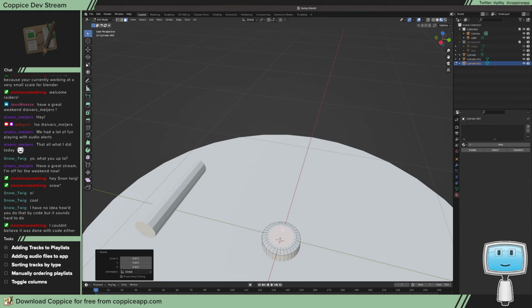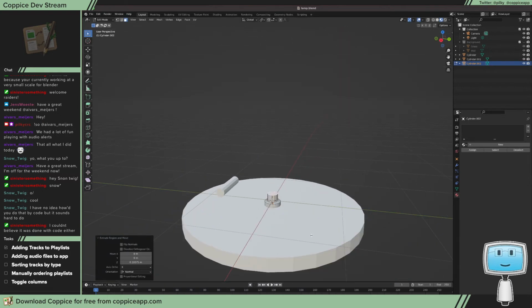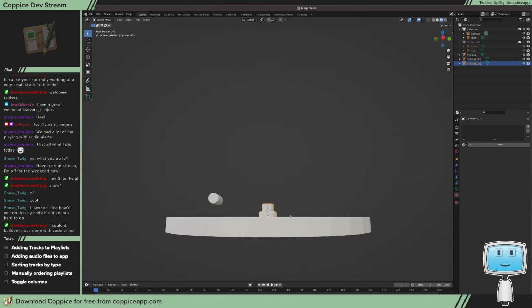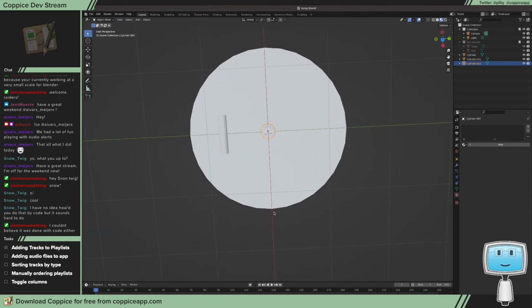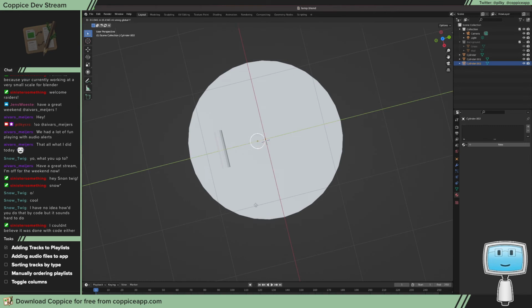There. And then go up to the cylinder. If I grab this and move it along the y-axis here,